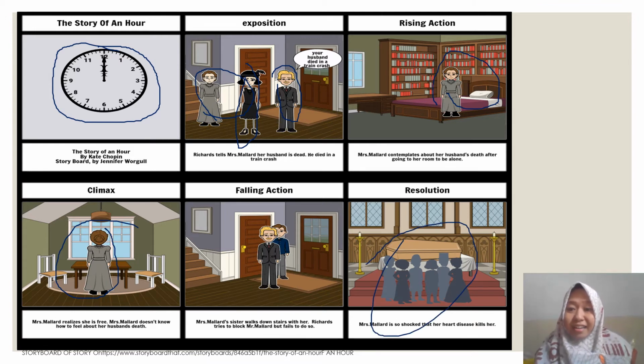So here, such an irony. At first, we get information that the one who has died is the husband of Mrs. Mallard. However, the real picture is that Mrs. Mallard dies because of the news. The others think that Mrs. Mallard was feeling so happy that she got a heart attack. But we don't know what actually happened here, whether it is true that Mrs. Mallard was happy or not. This is one example of a story that talks about woman issues.